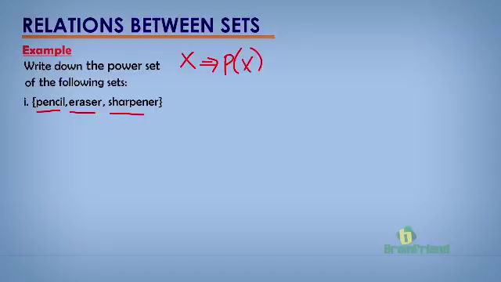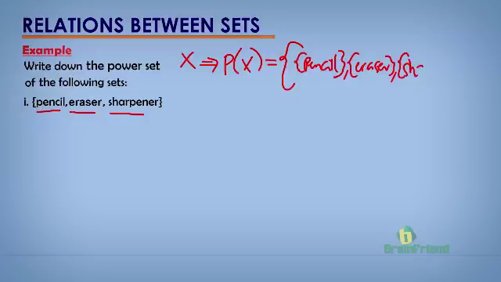P of X. And we'll have our power set as the family of all possible subsets that we can get from our given set. So first, if we took them singly, we would have pencil, eraser, sharpener,